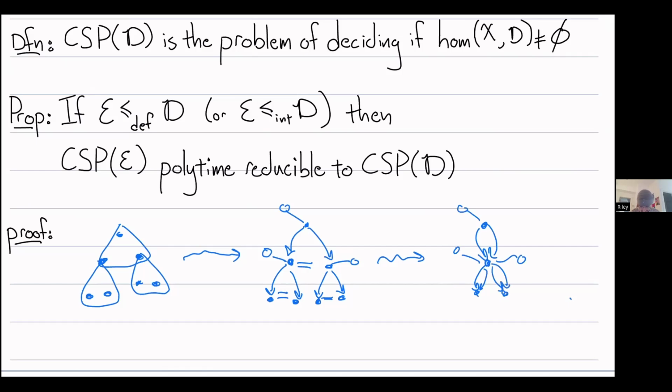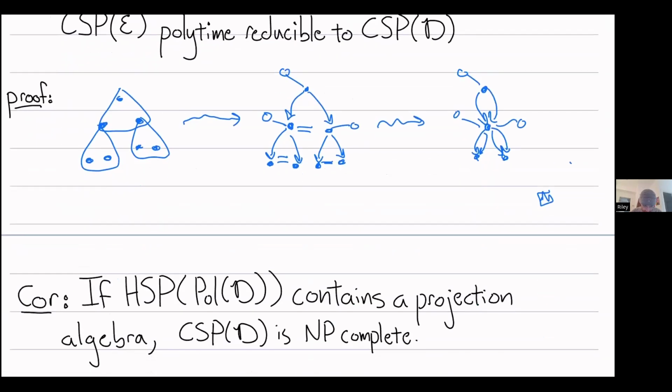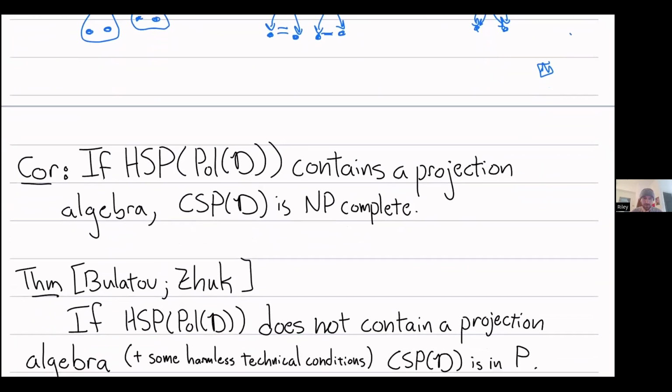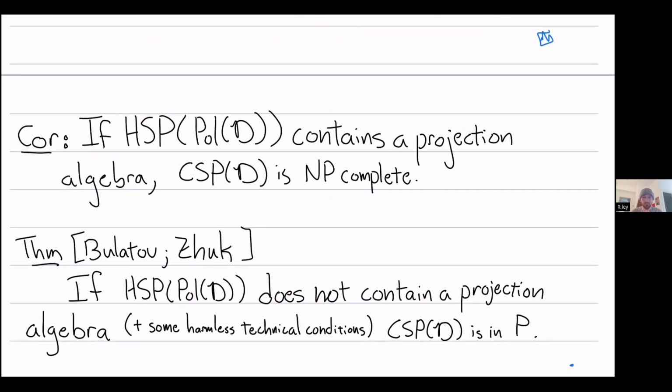Okay. So that's proof by picture. And so you can start classifying CSPs up to polynomial time equivalence using some algebra. As a simple corollary of the proof I just sketched, if the variety generated by the polymorphism algebra for D contains a non-trivial projection algebra, then the CSP for D